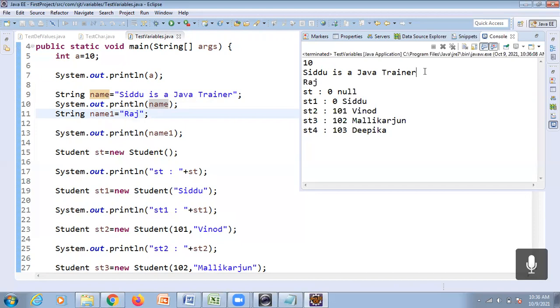And for storing this longer string, how many bytes are needed? Space also counts as one character. Counting through, it is 23 characters, and 23 into 2 is 46 bytes of memory needed to store this particular string object.